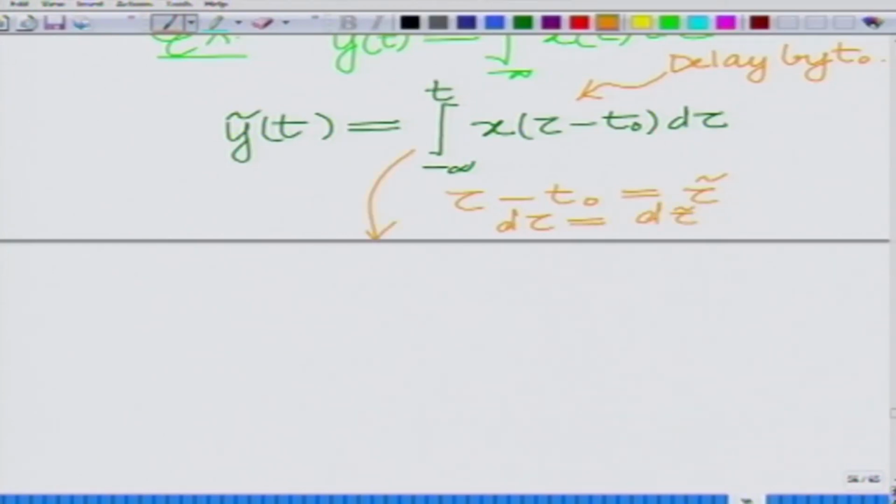So, this integral y tilde of t will become the integral from minus infinity to t minus t0 of x of tau tilde d tau tilde,